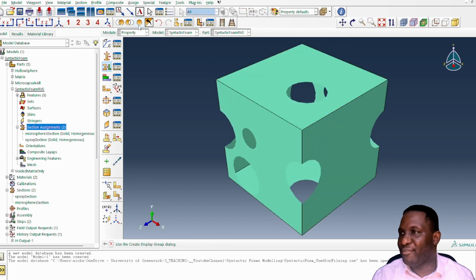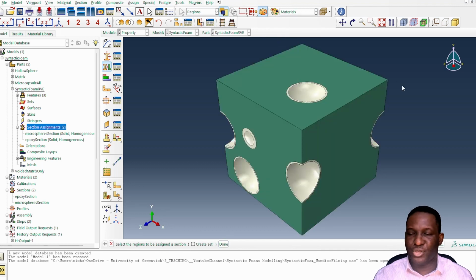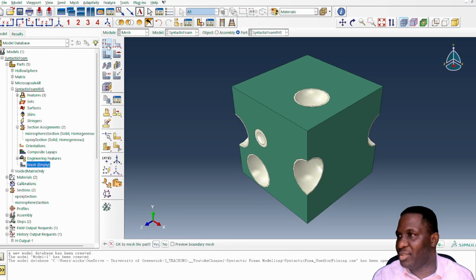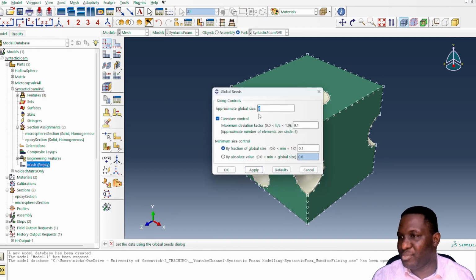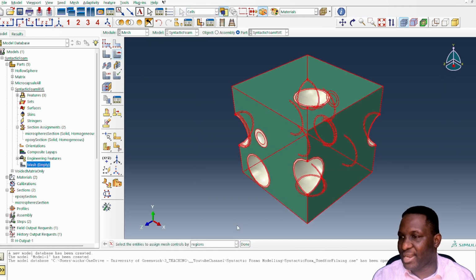So then I resume everything, and if I resume all and then go to the material model, it shows everything looking right in the way they need to be. Then we can mesh this system. So click on there. I'm going to probably use 6 that is suggested for me, and then I'll select